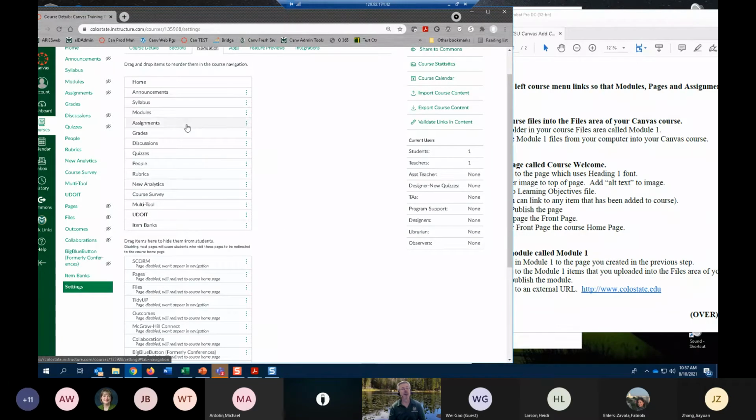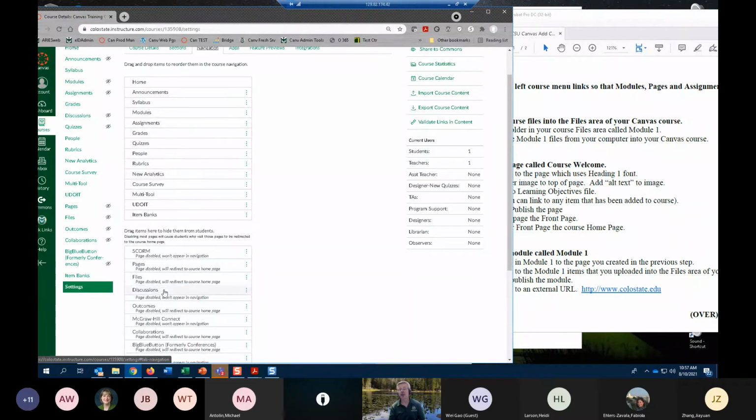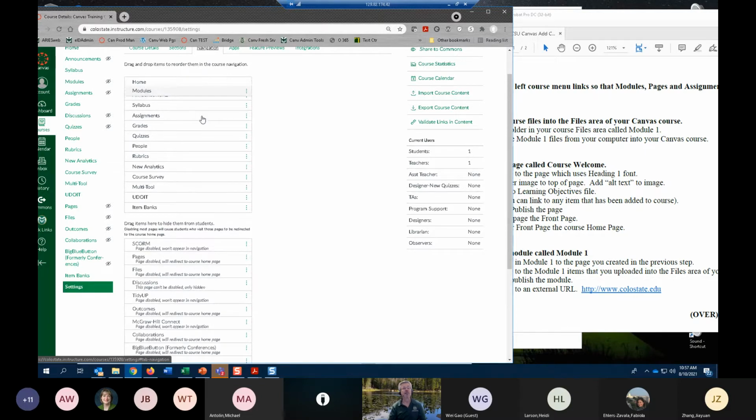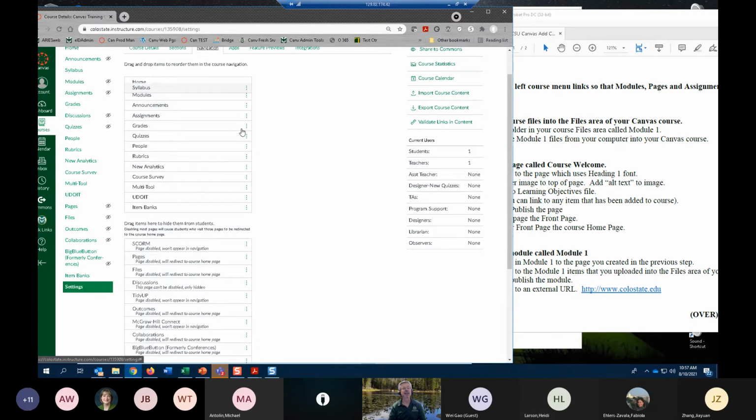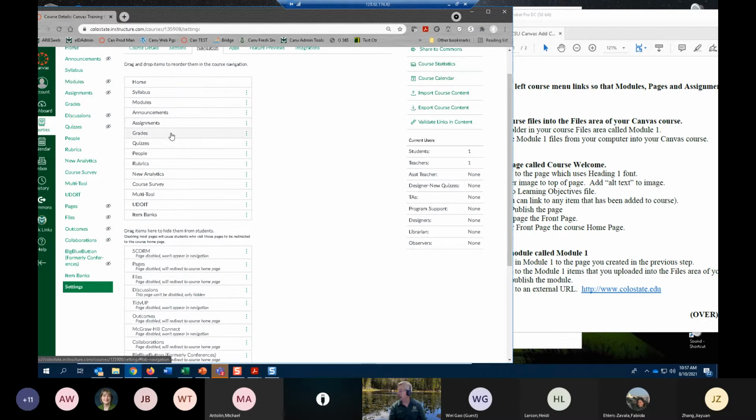So let's say I knew I wasn't going to use discussions in the course, but I could move discussions down here to this box down here and hide it from the students if I didn't want them to see that. But here's where I could rearrange, like I might want modules to be up a little bit closer since I'm using modules heavily. Maybe I want my syllabus to be one of the first things that the students can see, and assignments. So can you just take a moment in your course, click on Settings, Navigation, and just rearrange some